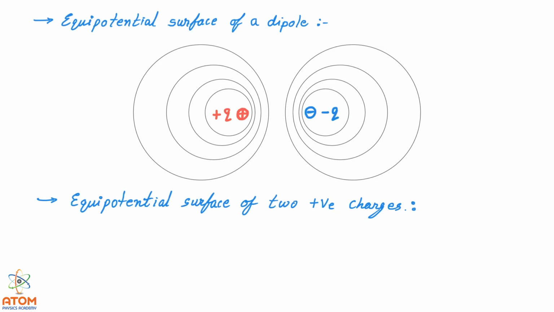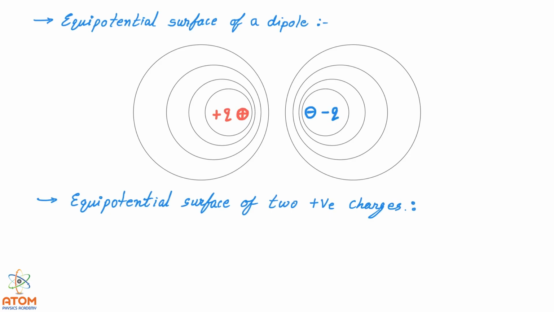It appears like that equipotential surfaces are repelling each other, and this is what very interesting is. In a dipole, there are two opposite charges, positive and negative, which basically attract each other. But the equipotential surface appears like they are repelling each other. Don't forget, equipotential surfaces are imaginary surfaces where the potential is found to be same. So here it is not found to be same. That is due to the potential of each other on every point.